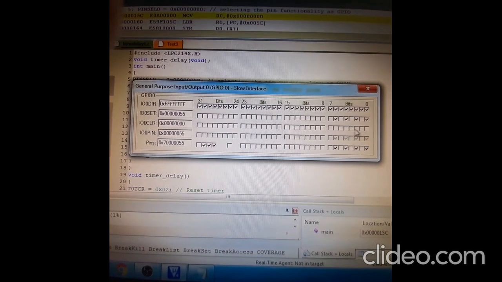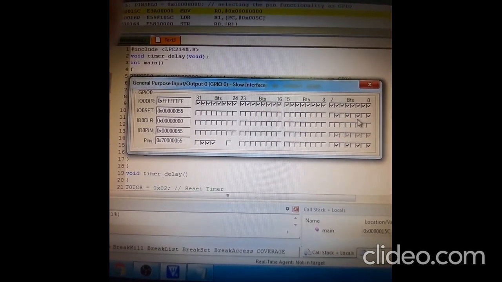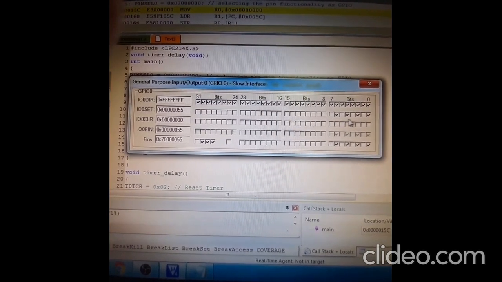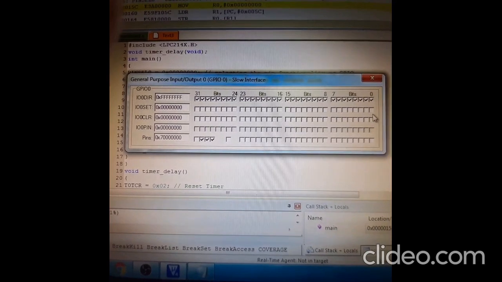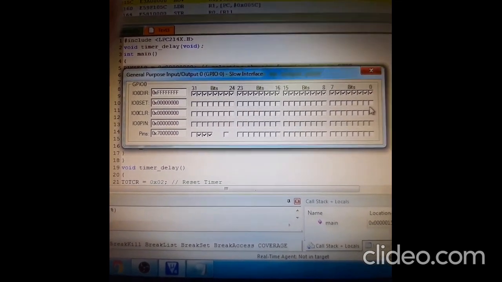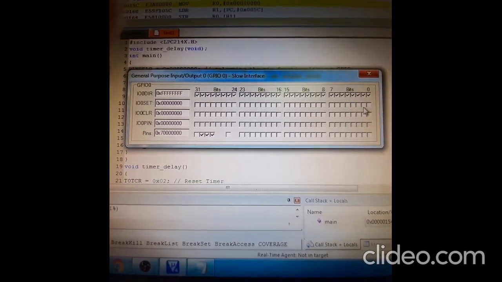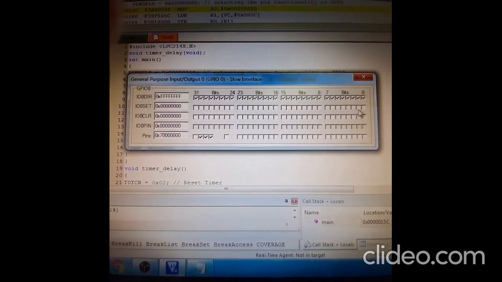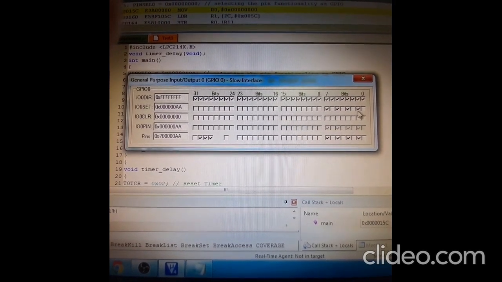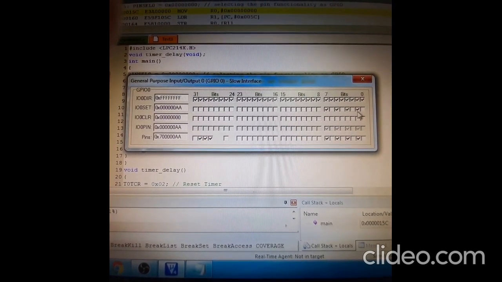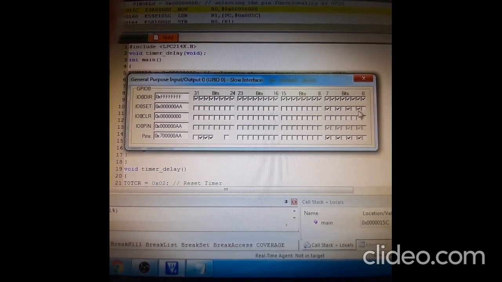Observe here port 0, port 2, port 4, port 6 connected to the LED. On, then off, then again after 1 second it is on, then off. On and off, on and off.